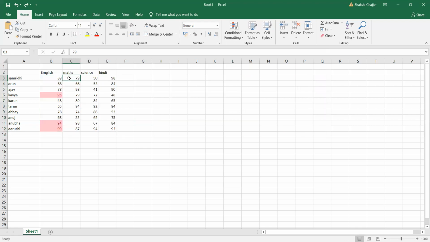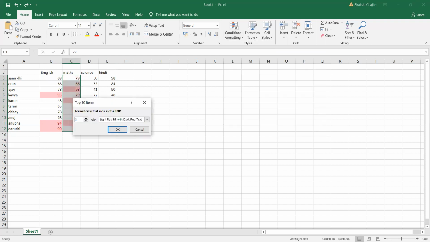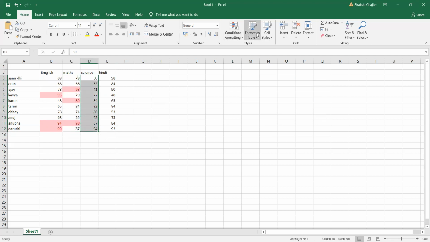We have to select the second one. In this, again, we have to go with conditional formatting. We'll go with top 3 numbers, enter. Again, that is selected. For this, again, conditional formatting, top 3 numbers.